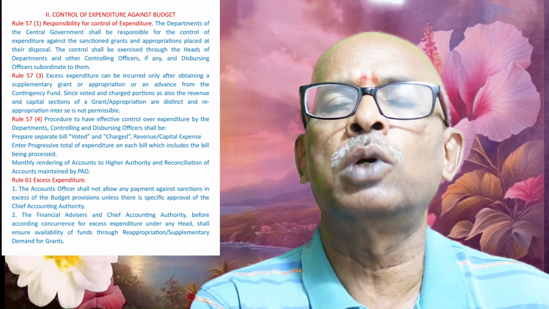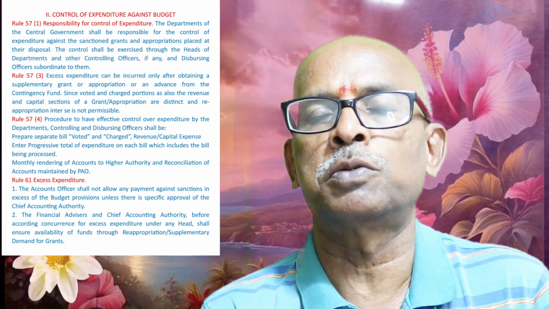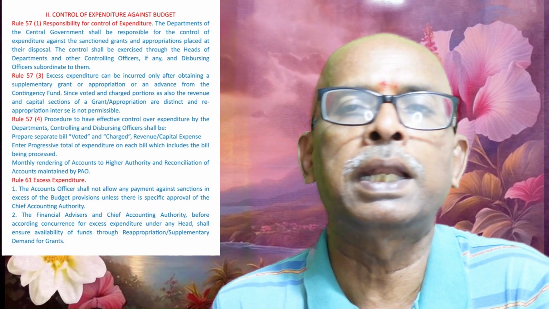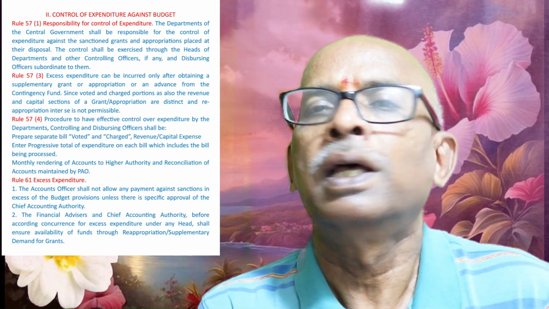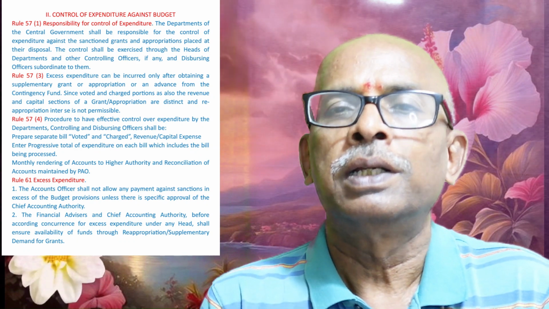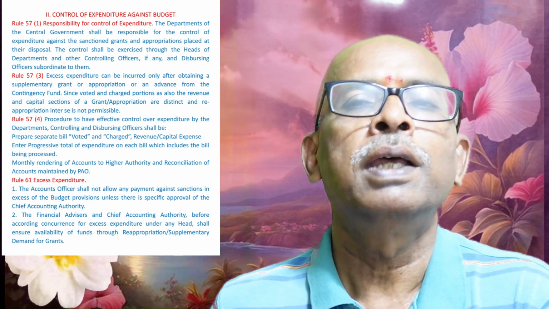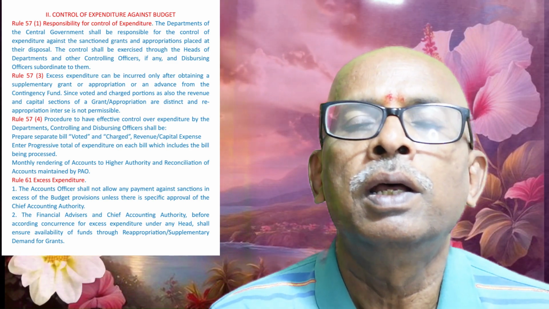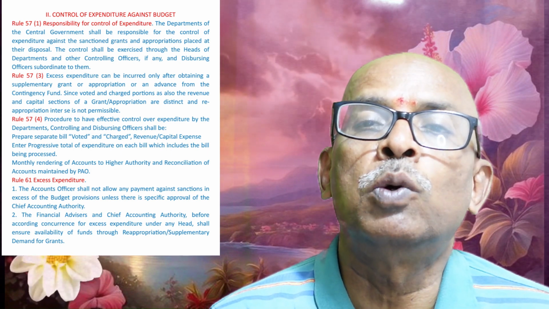So suppose 1 crore is allocated, and now 1 lakh is spent. This is the first bill, so up to the bill also it is 1 lakh only. So balance available will be 99 lakhs. In the next bill, it is 2 lakhs, and already 1 lakh is spent. The current bill is 2 lakhs, up to the bill it is 3 lakhs, and balance will be 97 lakhs. Like that, manually people used to write, so that at no point of time people simply go on spending